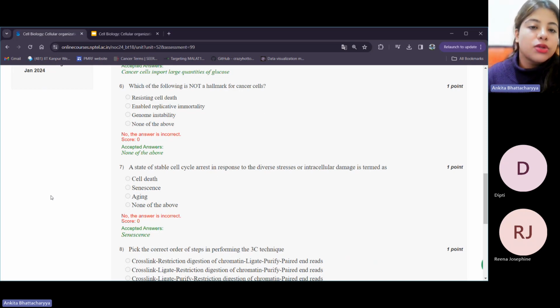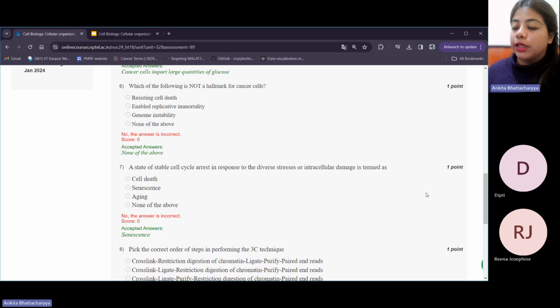Genome instability is also a hallmark for cancer cells because that allows them to incorporate mutations which will allow cells to survive under conditions which would ideally not be favorable. Because cancer cells are able to rapidly acquire mutations, any subpopulation within a tumor which carries a treatment resistant mutation will then take over and will survive by the basic principle of Charles Darwin, which says that there will always be survival of the fittest.